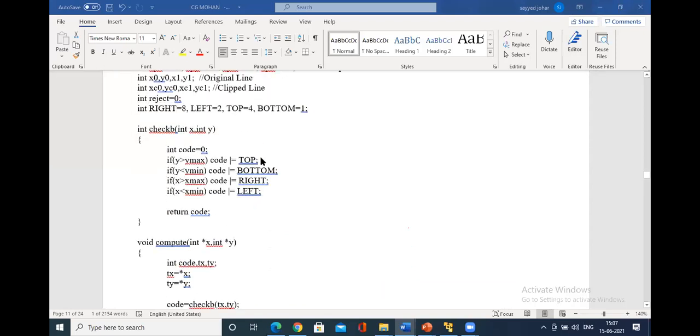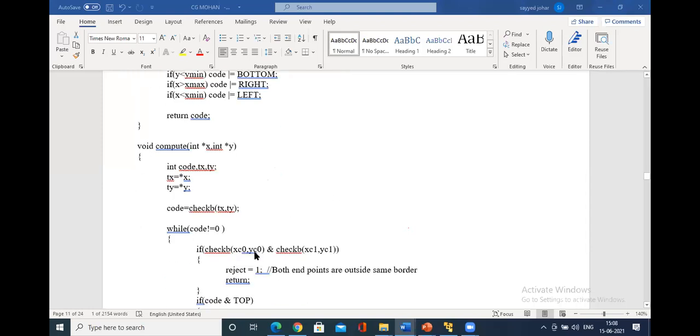If the question is why do we use the OR operator: the OR operator is to compute my x0 y0, since the value is to be matched with y max. If y equals y max, where is my line? It is at the top position. How do you come to know? By ORing 0 with the value of top. What is the value of top? The value of top is 0100. 0100 OR 0 is 0100 only. Hence the value is at the top for computing this.